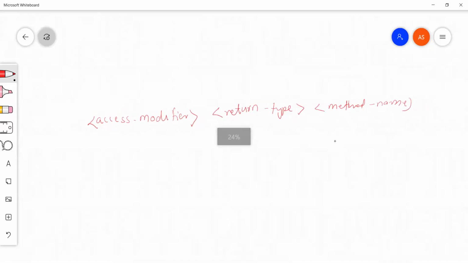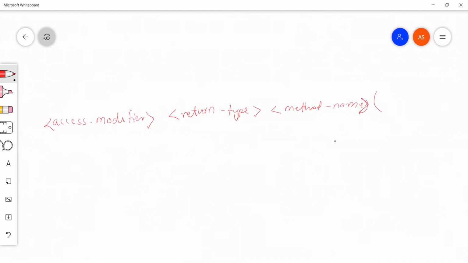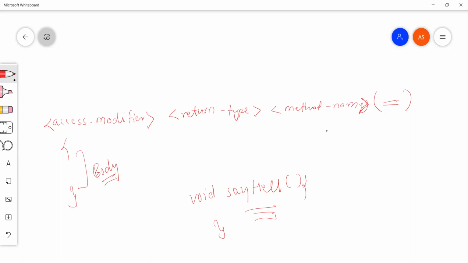Then there would be parenthesis and optional parameters, like in our case we took parameters int x, int y, and string. Then there would be a definition, or I would say body. So this is how we can define a method. An example I'm going to write again: void sayHello, and your stuff goes here. So this is the return type, this is the name of the method. This part was optional, and this was also optional.